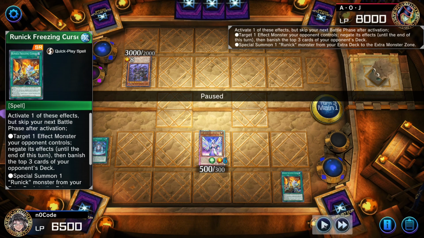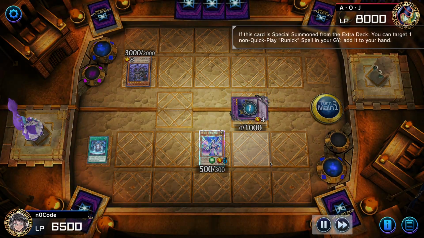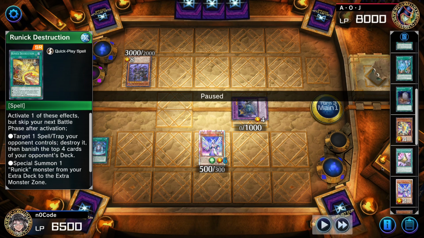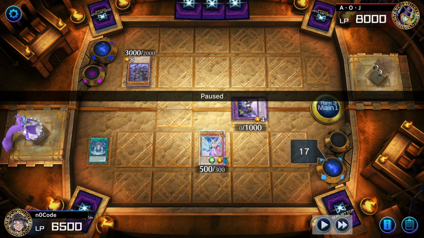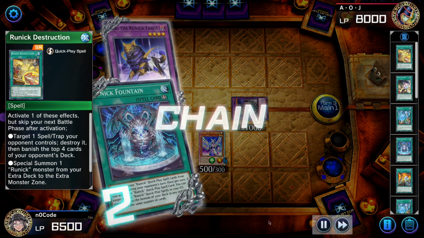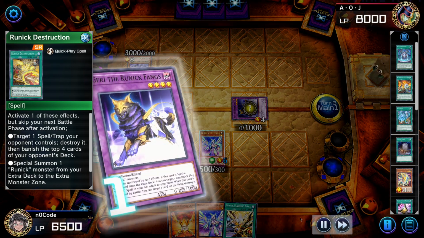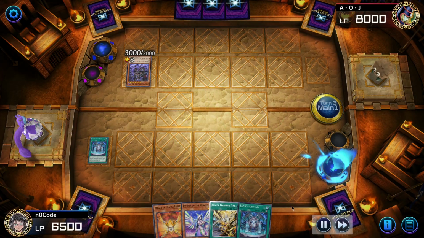I then will summon a level 4, 4 and a 6, make a 10. This is the other reason why we play Kelbek and Agido. Because we mill our cards, it's almost guaranteed that we have 3 Runick cards in our graveyard in order to shuffle and draw 3. So very, very good synergy there. Turn 3, draw 3, get the Runick Fountain back in hand, and then we will synchro into